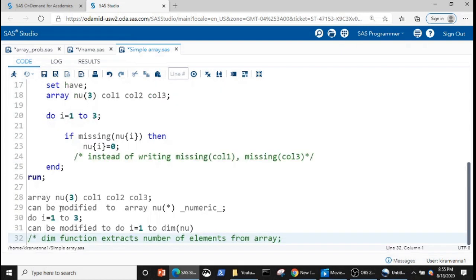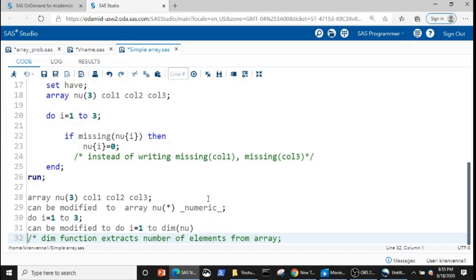Now let us discuss how we can make this array a little more flexible and also avoid writing hard coded values like variable names. This can be done by making two changes. The first one is, instead of array nu3 call1 call2 call3, we can modify this to array nu star underscore numeric underscore.